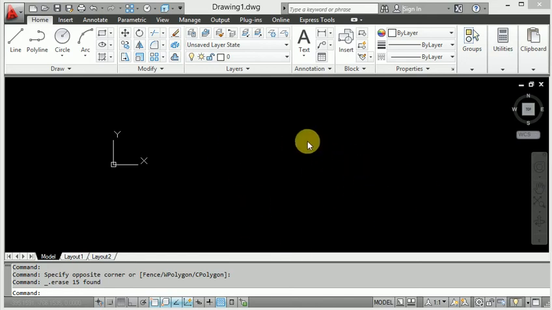So here you can see this is the 2D drafting background, and let's see this home page. This is the modify panel, with commands like move, copy, mirror, offset, extend, trim, and pattern. There are so many different uses for modify commands in AutoCAD.